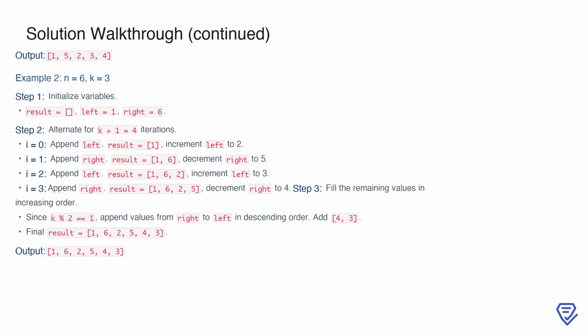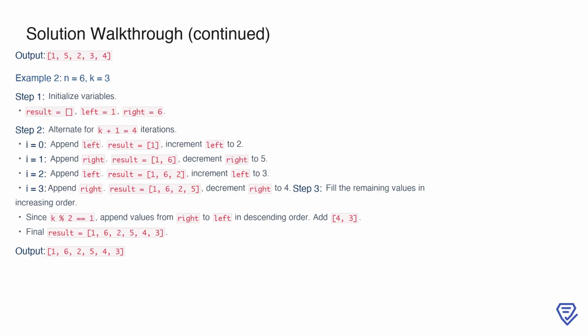Let's look at another example with n equal to 6 and k equal to 3. Here, we follow the same process. We start by initializing an empty result array and pointers, with left at 1 and right at 6. Over the next k plus 1 iterations, we alternate between appending the value at the left pointer and the right pointer. The array evolves as follows: 1, then 1, 6, then 1, 6, 2, and finally 1, 6, 2, 5, while the